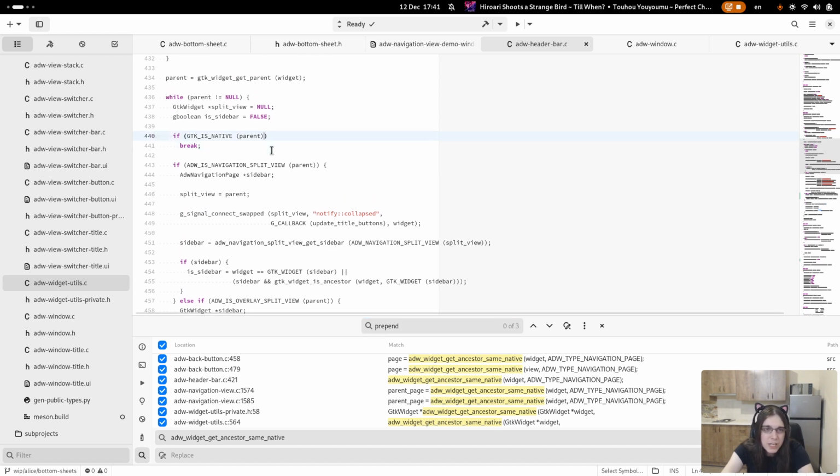Well, I guess I could just bail right here. No, I need to do it inside navigation view too. So I have to update that function, yeah.